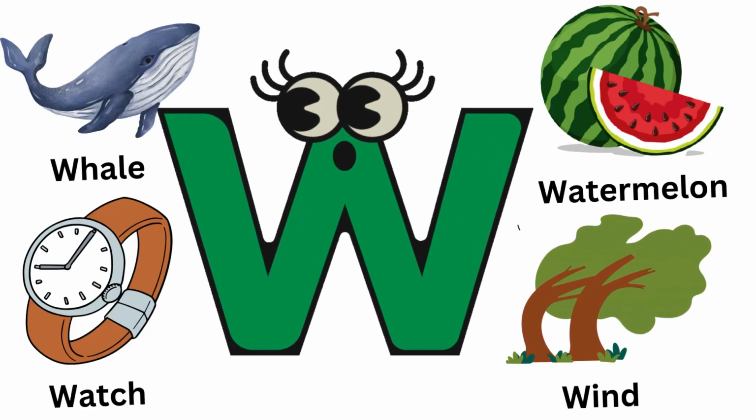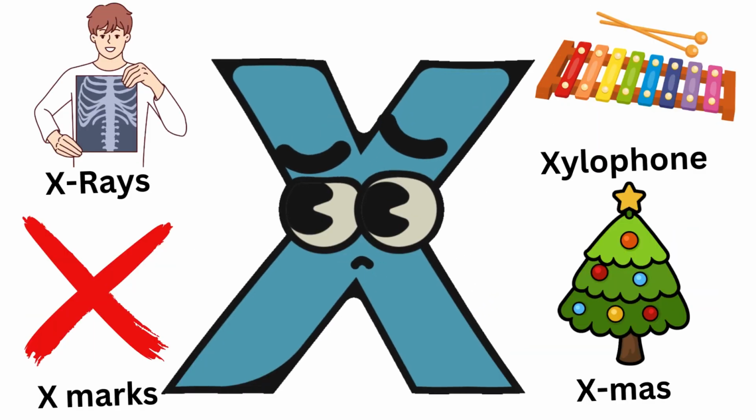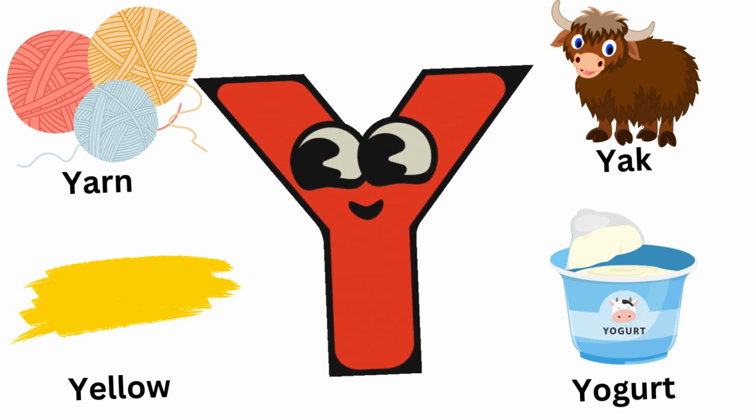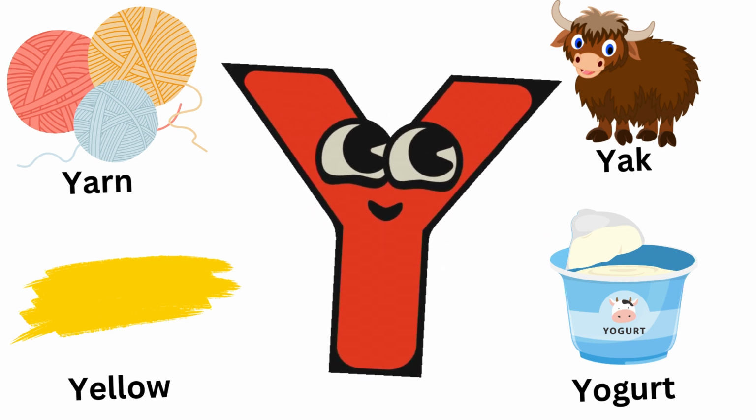W is for watermelon, W is for wind, X is for xylophone, X is for x-ray, X is for Xmas, X is for X marks, Y is for yarn, Y is for yogurt, Y is for yellow,